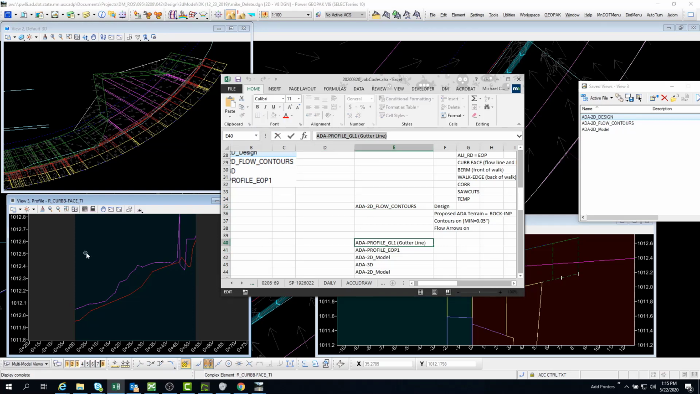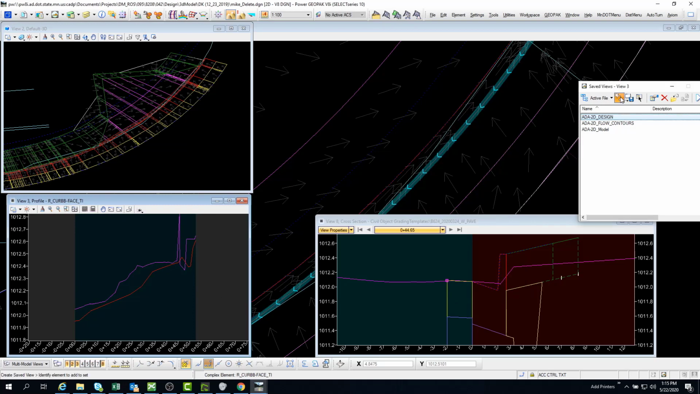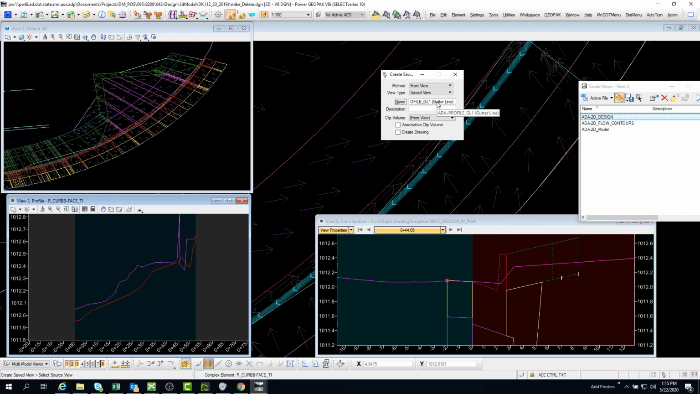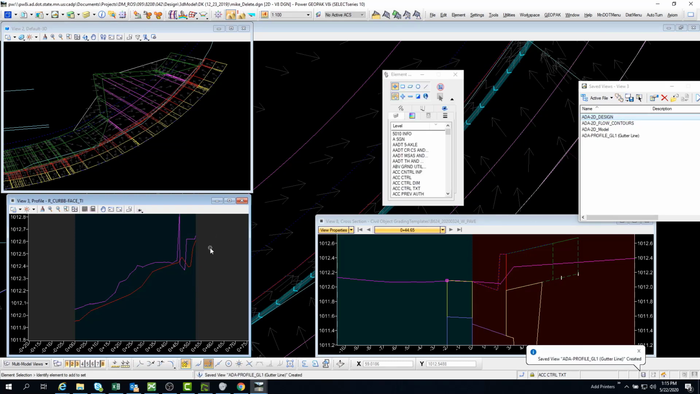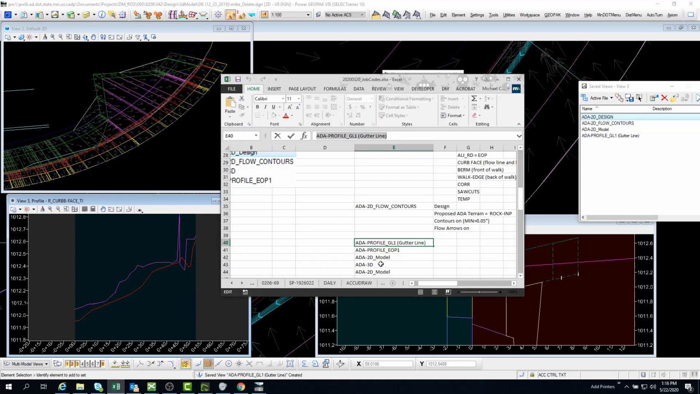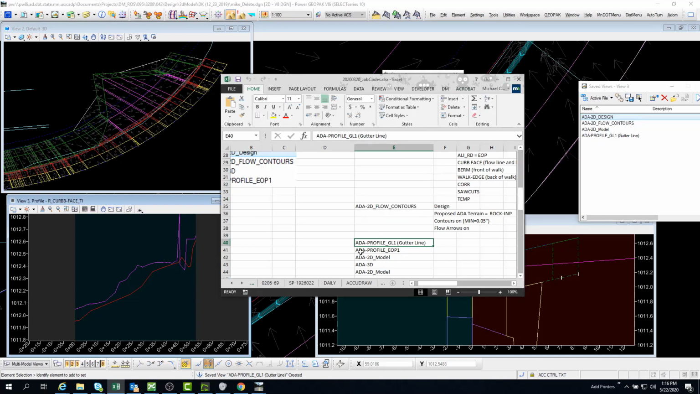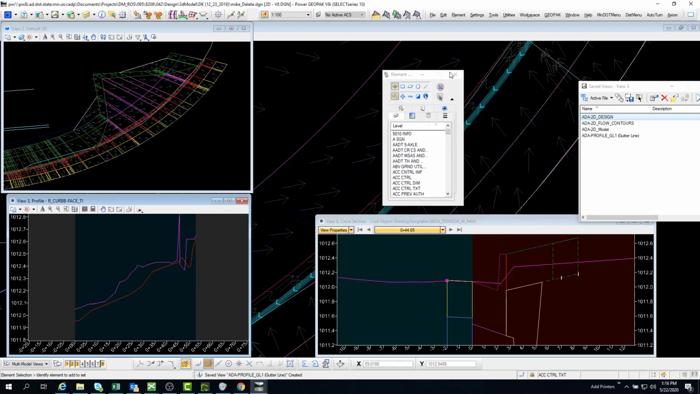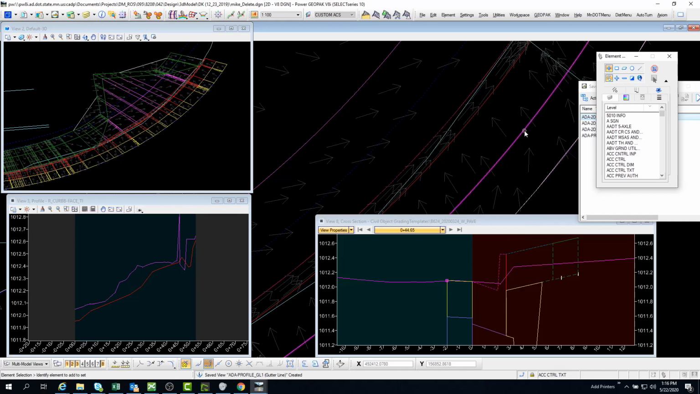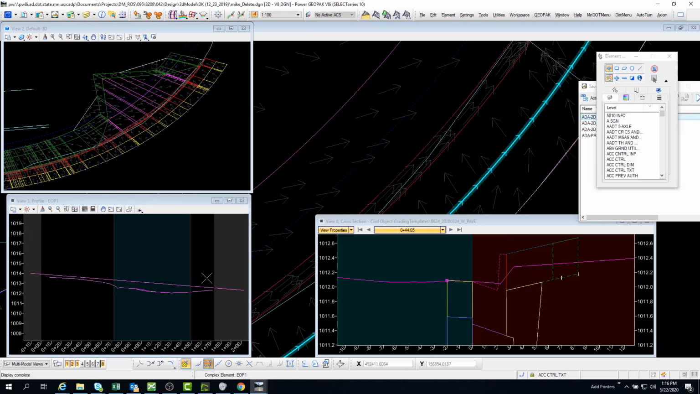Copy that. Click in the screen you want. Save view. Name. Tab. Click. Now we got that view stored. Come back to our list. ADA profile edge of pavement 1, which is, copy that name, come here to the edge of pavement 1, put that view in right there,